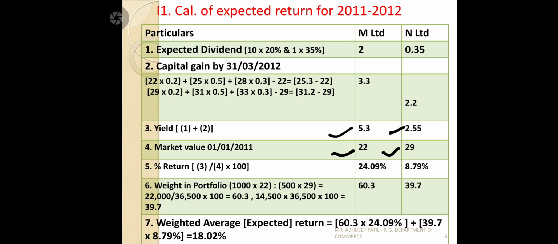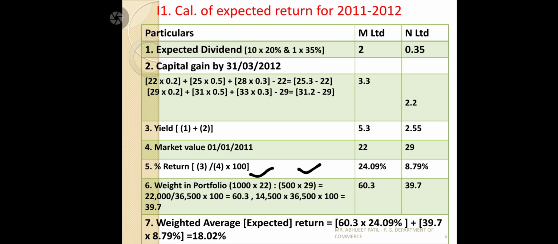Now we should find out the expected rate of return, for that purpose find out the weights. Here we are not going to do the weights as per the last situation, that is we are done with that cost price. Here we should multiply with weights in the portfolio, that is 1000 shares we purchased into market price, and 500 shares into the market price 29, we'll get 22,000 and 14,500. We want to find out the weights, so the total of 22,000 plus 14,500 will get 36,500. So the individual weight we should find out.